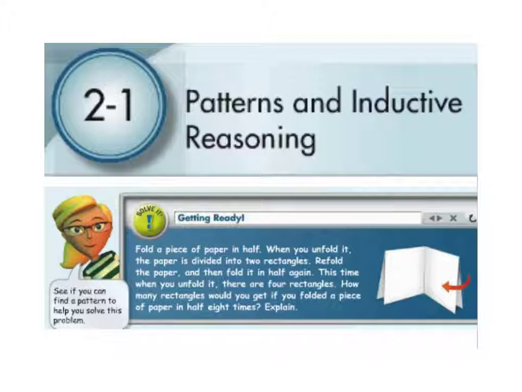So to start with, we're going to do 2.1 and 2.2 together because they're both pretty quick lessons. 2.1 is on patterns and inductive reasoning. I'm going to skip this first activity. We did it in class, but